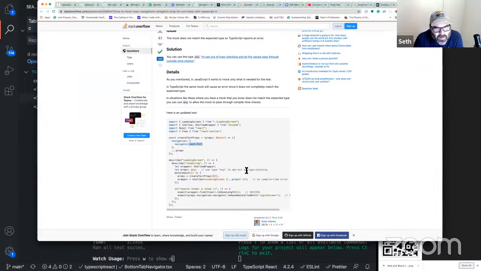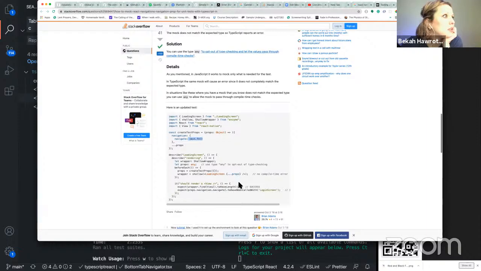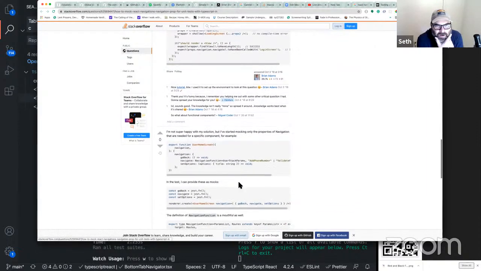Let's see. Hold on. Oh, okay. And then it's just passing props, passing in create test props, which is, oh, props is a type of an object. Its navigation is a function.